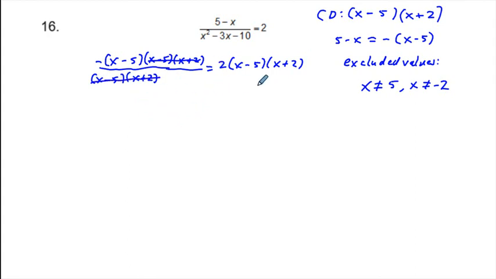So on the left side we have negative x plus 5 is equal to